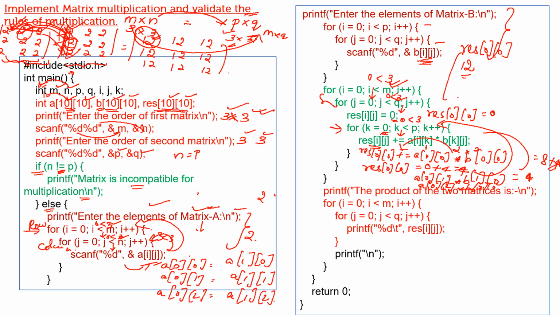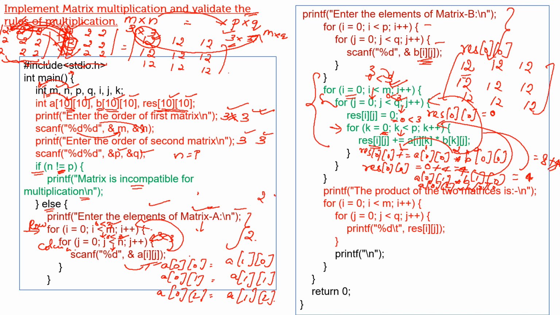Now again the same process repeats. J will be incremented. So you will be getting the 3 rows, right? So the entire resultant matrix will be obtained by this loop until the i becomes equal to 3 and the condition fails. Okay, I hope that you would have understood this. You can do it one by one separately, and you can do it as a practice section. Now this loop will be giving you the